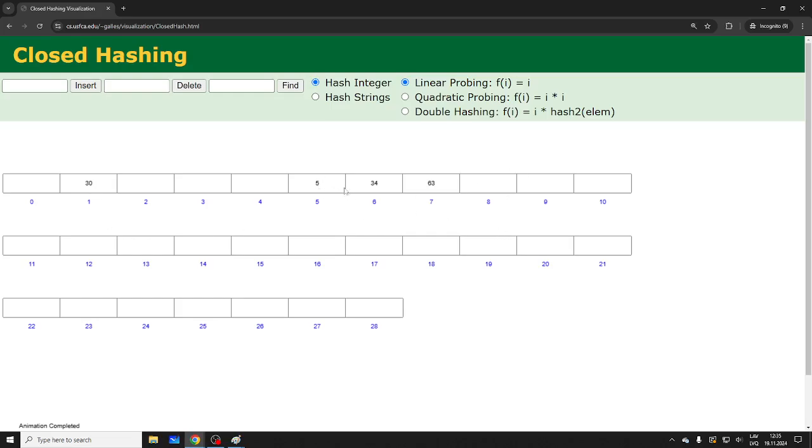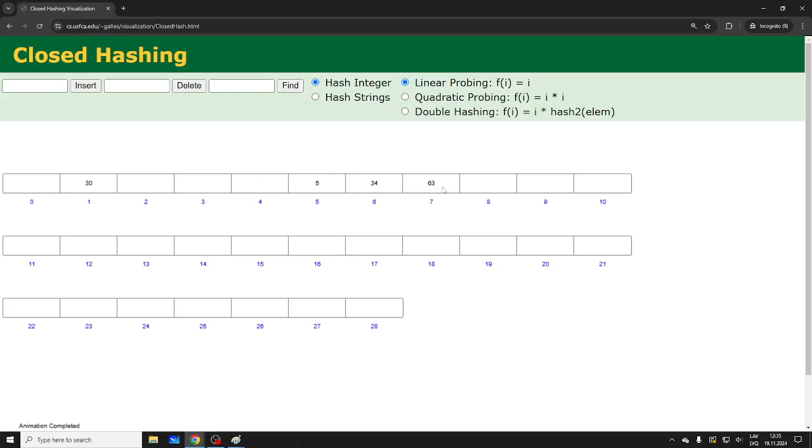Everything is good. Except, of course, the problem is if for some reason we get some sort of power or something, we get this cluster of things. It's not really the end of the world, but it's kind of annoying because it doesn't spread out the usage. You usually want to spread out the values.